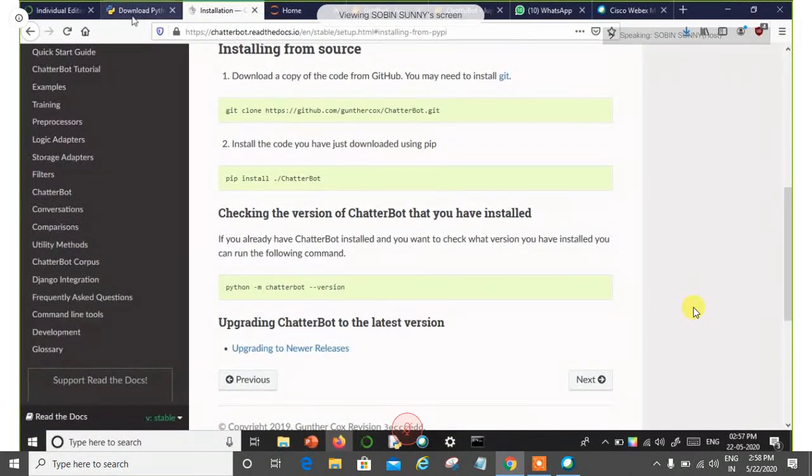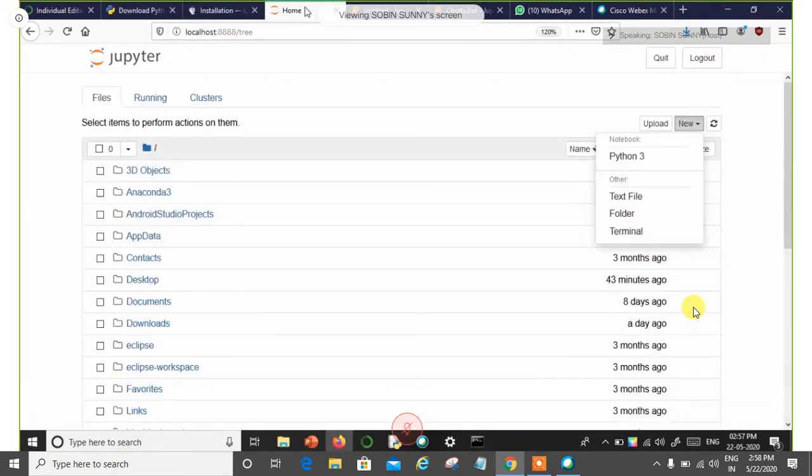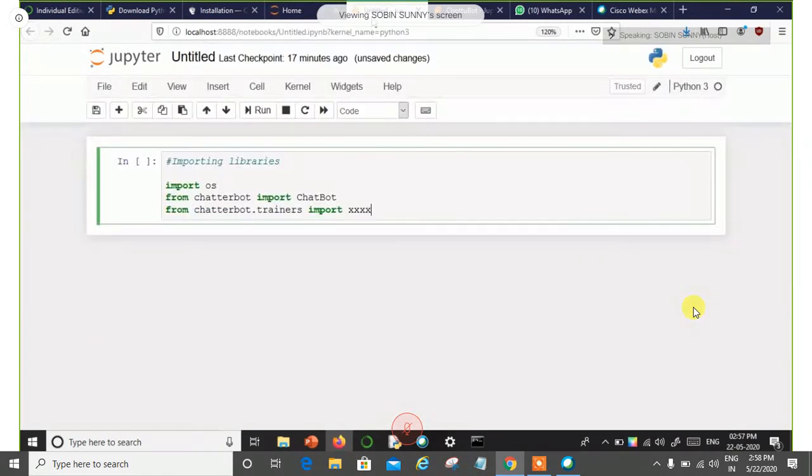Suppose you're having some data like this here. There is another terminology you have to understand: chatterbot corpus. A corpus is nothing but a kind of repository where all the data is available. So here you have some corpus, some data. In order to get this data, there are different kinds of trainers.